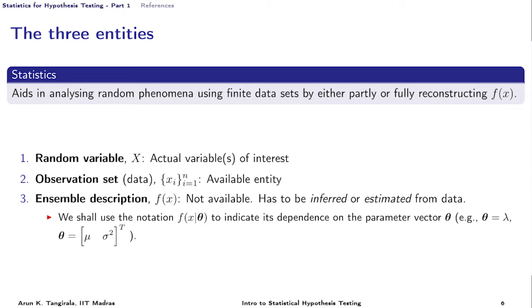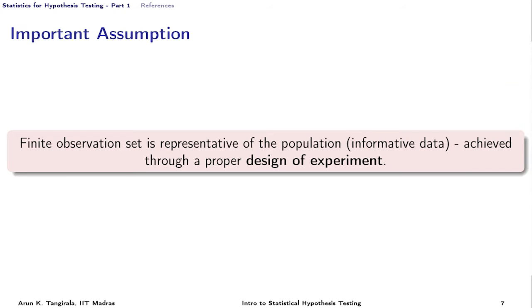So, that is the number one entity that participates in the statistical data analysis, and then of course is your observation set from which you are going to draw conclusions about the ensemble. So, there is a truth which I know partially or do not know. There is a random variable which I know exactly what it stands for, and then there is the data which I have collected. These are the three ingredients that participate in statistical data analysis. And there is an implicit assumption, whether we state it or not, I am sure it is common sense, that when we collect this finite observation set, we assume that it is representative